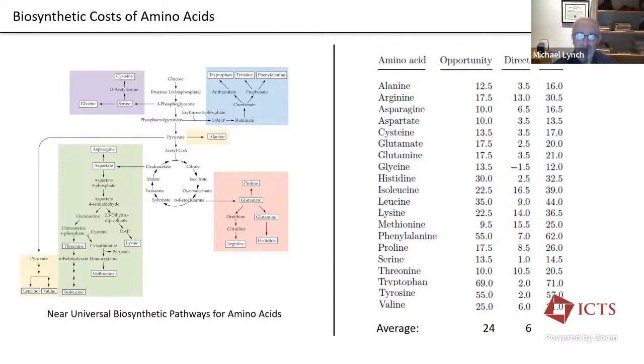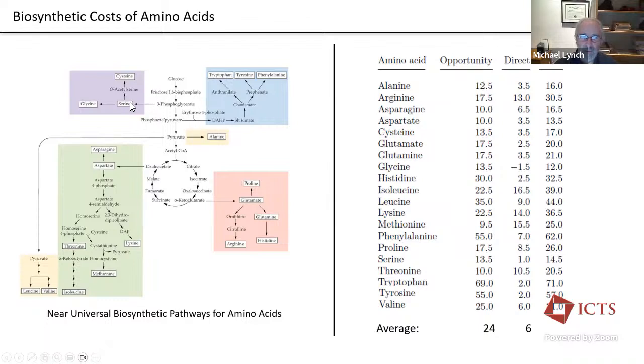Thank you. So we're trying to account for this opportunity cost because it is energy contained in the original glucose molecule. So while we're at it, let's think about the biosynthetic cost of making amino acids. Again, anyone who's got a biochemistry textbook has probably seen these kinds of pathways. Here's the glycolytic pathway again. I just showed you that. Going out in the TCA cycle in more detail here.